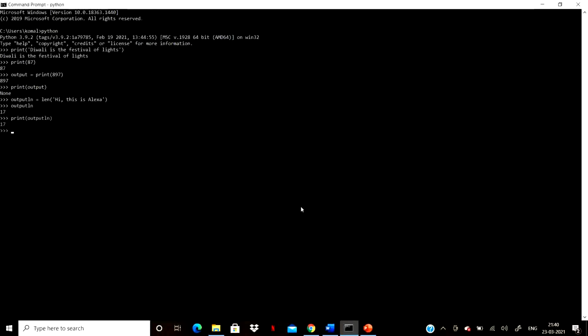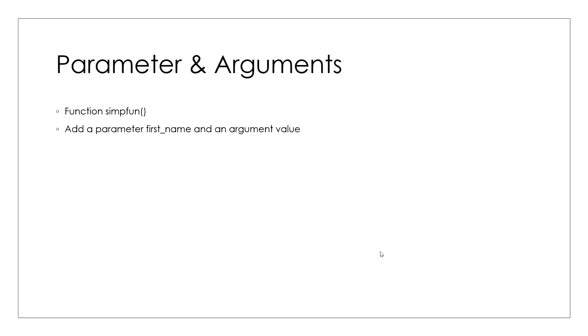If we use the print function to print out output ln's value, it is returning back an output value which can be clearly seen here. Let's create a simple function, simpfun.